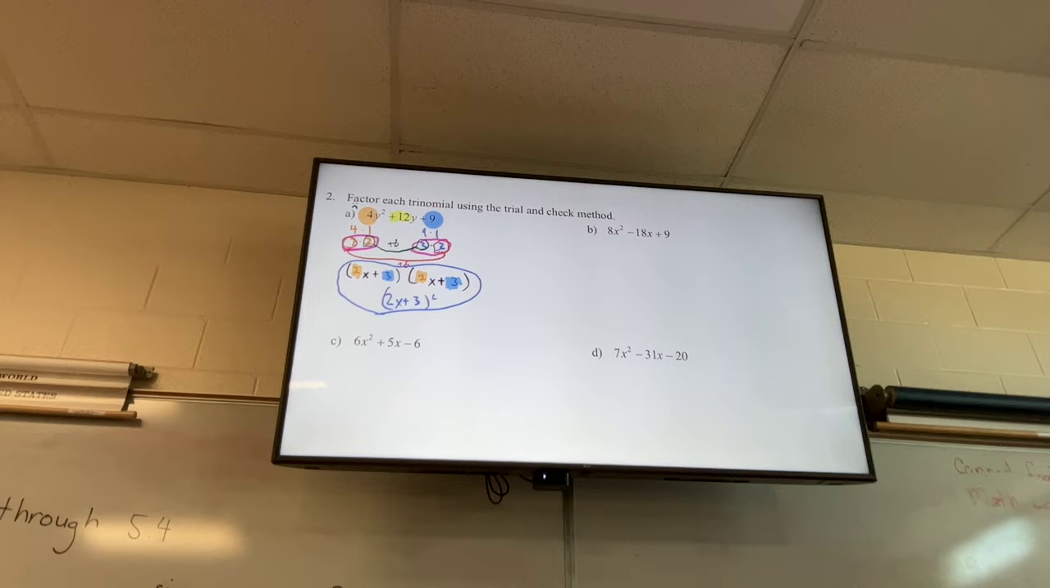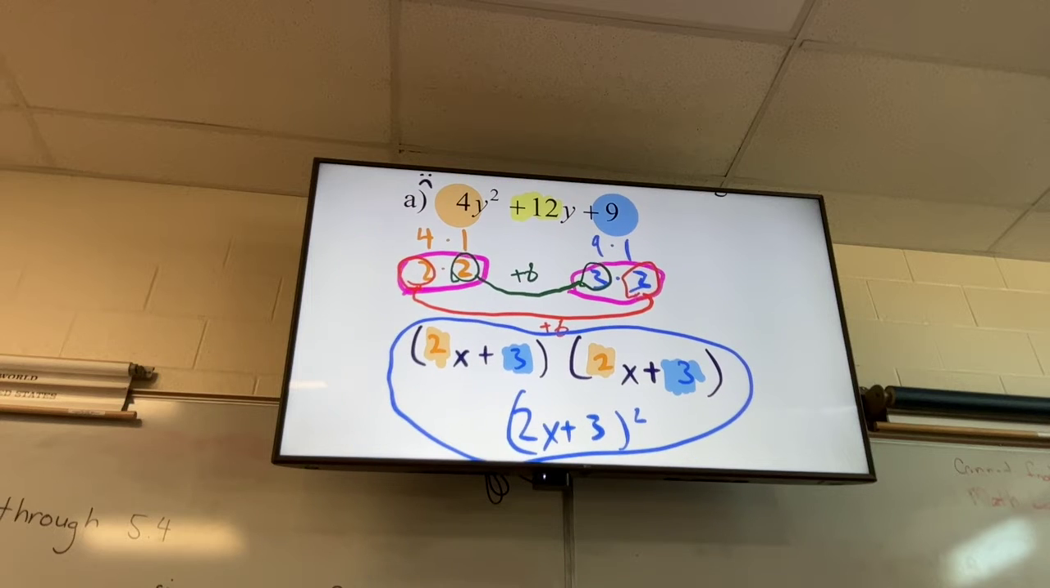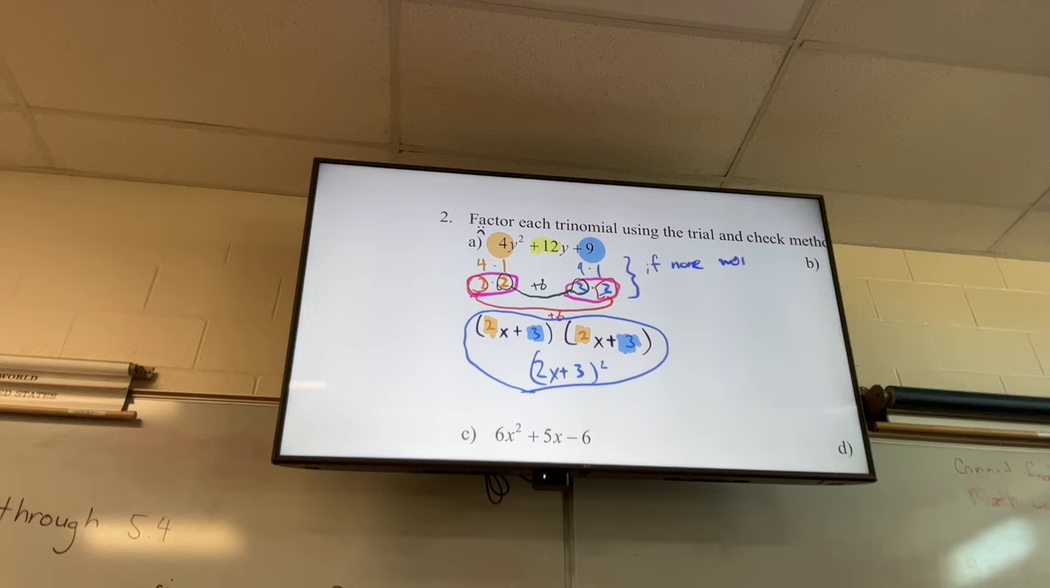We'll actually see one. So if you try all the options and none of them work, what do you do? That's a good question. You flip the right side and try again. You flip just the right side, the blue numbers, and try again. If it's still not working,